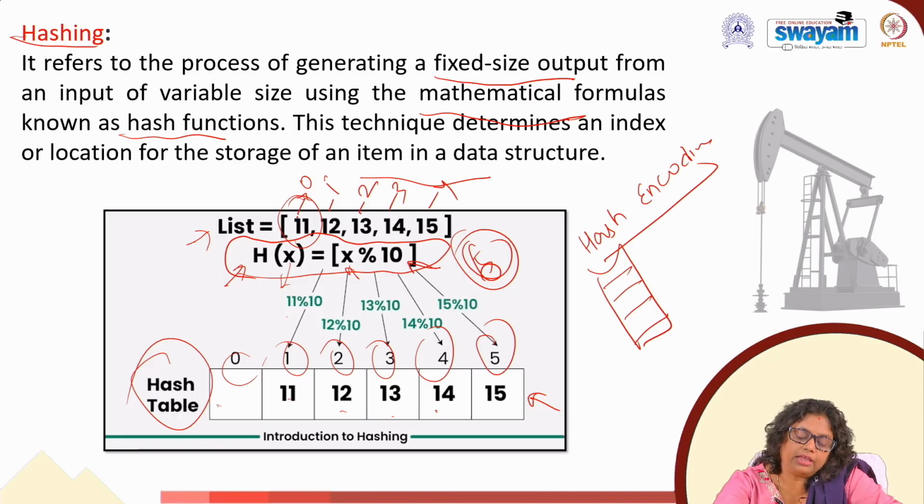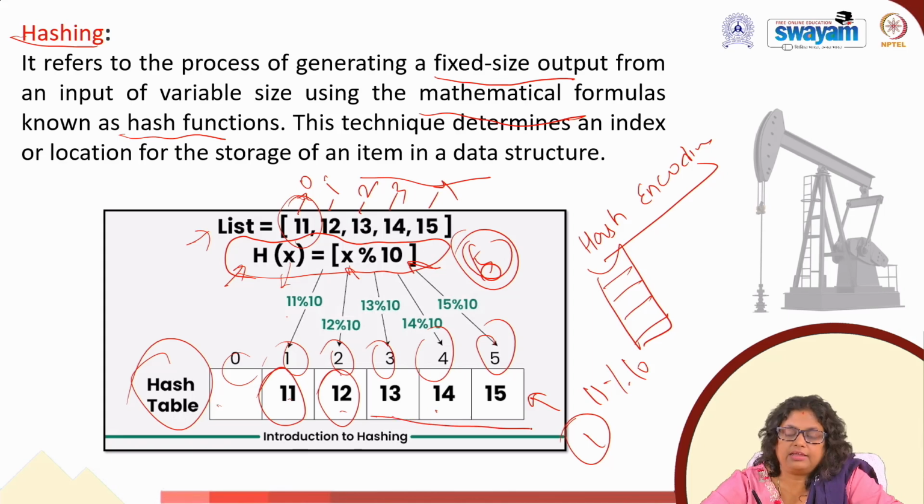So whatever the element, it is 11, and it will be divided by 10, and what value am I getting? Remainder, I am getting 1. So that gives 11 modulus 10 gives me one value. So this 11 will be going to the first index position. Similarly 12 will be going to the second index position. It is like that. So this is the formula I am using, but this is not the only formula we have. We have some more which we will be seeing under the hash function.